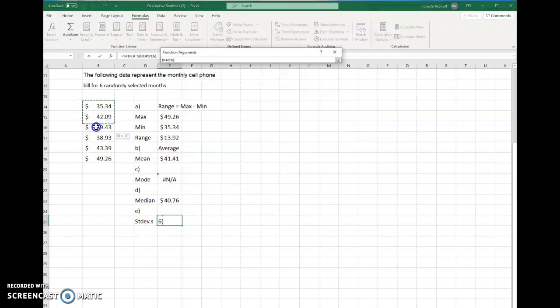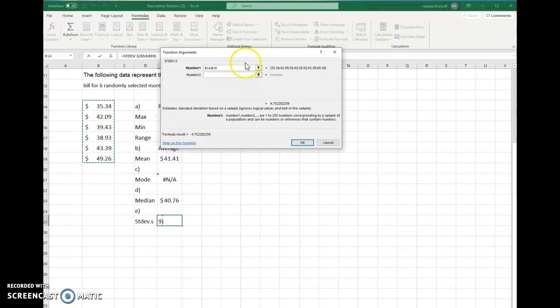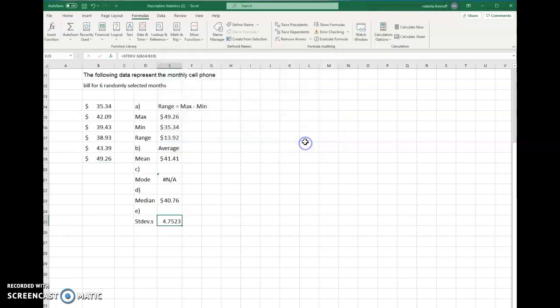Again, we select all these numbers, the data set, and we see the standard deviation. Notice it is more than $4.75. We have all these extra decimal places. We press OK, and we can round to the nearest dollar if you want to change it, or you can leave the standard deviation as is. So this is the shortcut for what you saw in the lectures above this one,